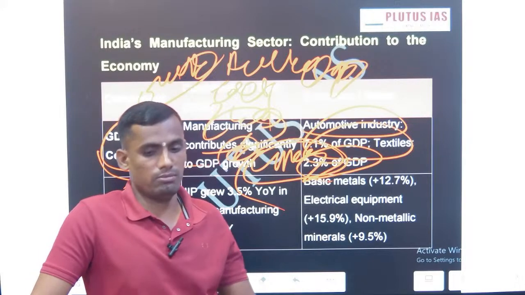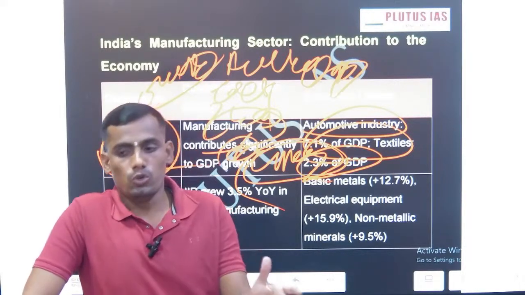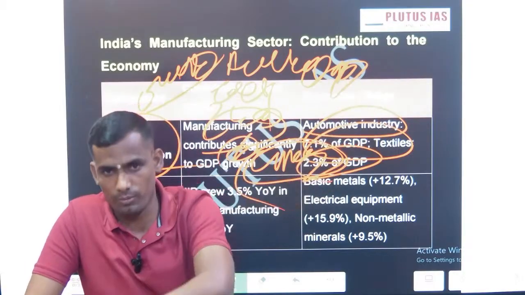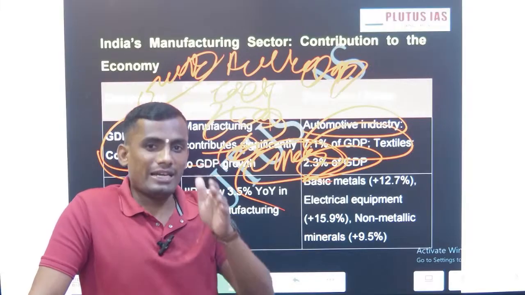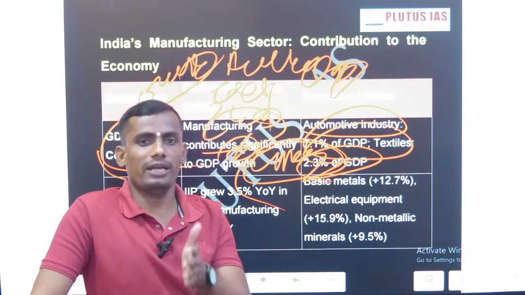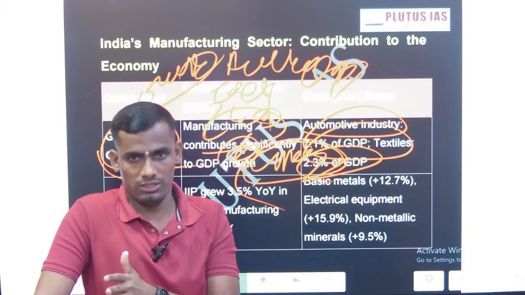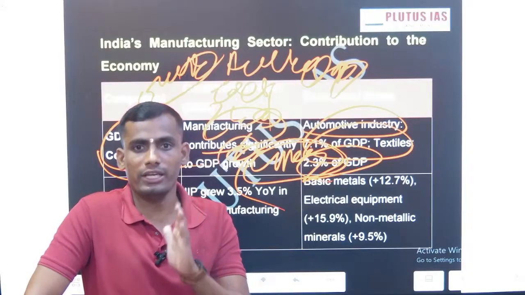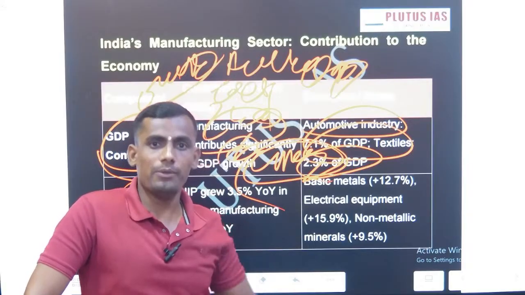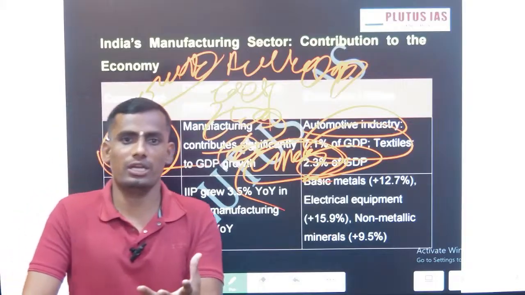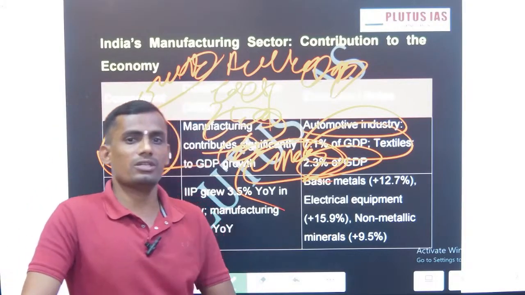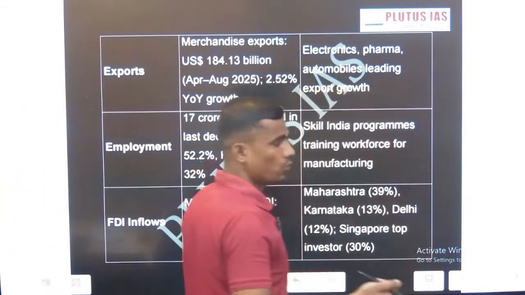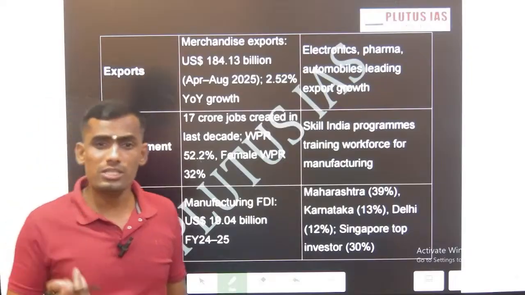That's why I repeat several times, there is no isolation concept, like the economy is isolated and different from the polity, which is different from our society. That's why UPSC in the essay particularly asks you to interconnect these things. If you see the preamble, the objective is justice: social, political, economic. So economic justice can be achieved through boosting the manufacturing sector, and one of the importances of the manufacturing sector is economic justice. This is one of them. Then employment generation, rural development, urban development, regional development.